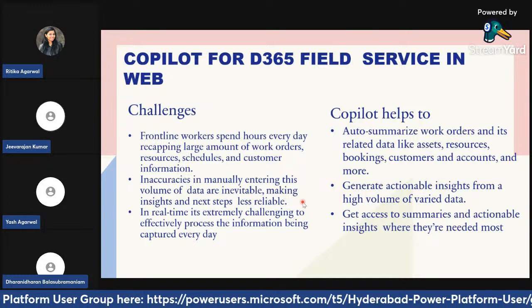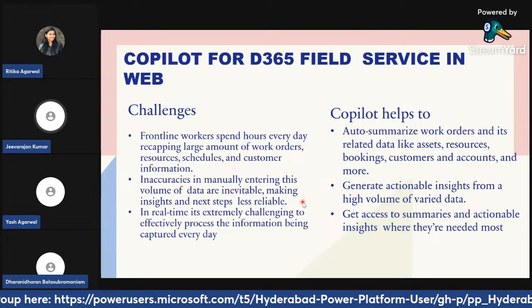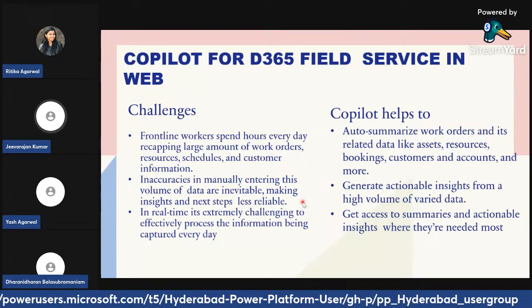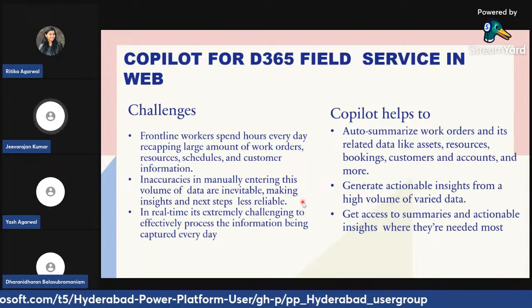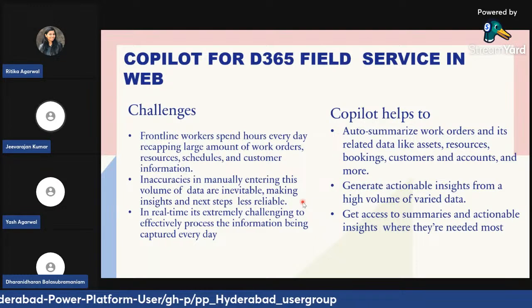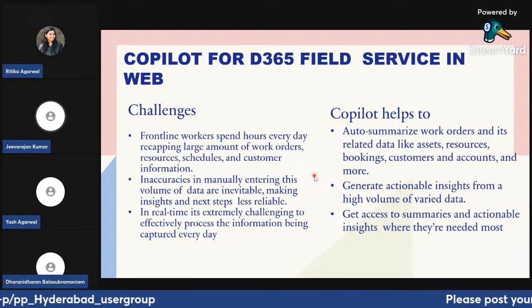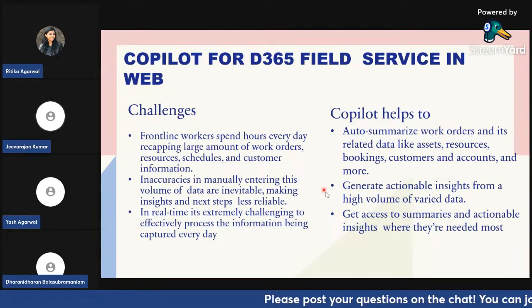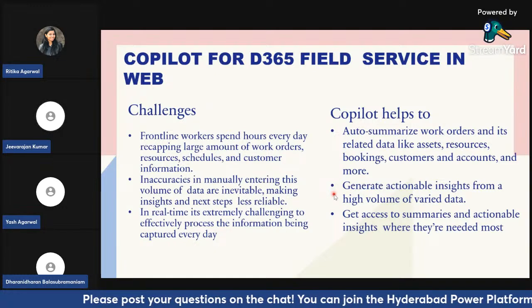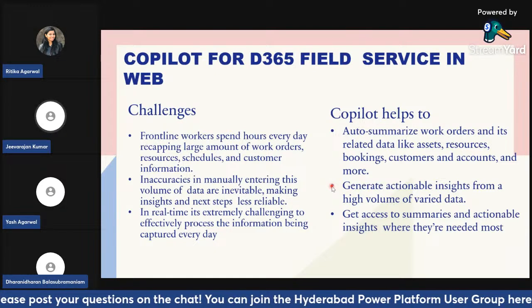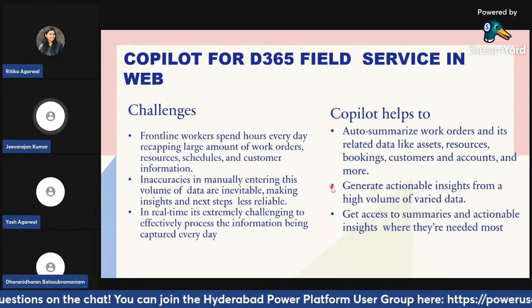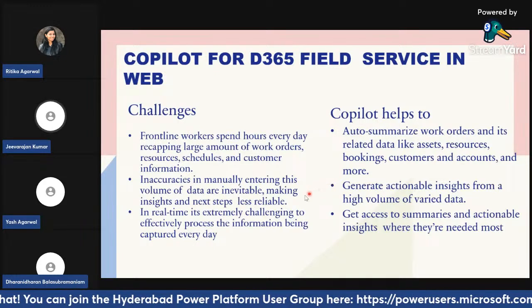You can't even imagine. It could be quite a high one, those kinds of risky jobs. At that time, it's very easy to have the information captured wrongly, which leads to inaccuracy in data, and eventually it will have a snowball effect along the way. And Copilot will help sort that to a certain extent by automating the information capturing, which we will see shortly how it does.